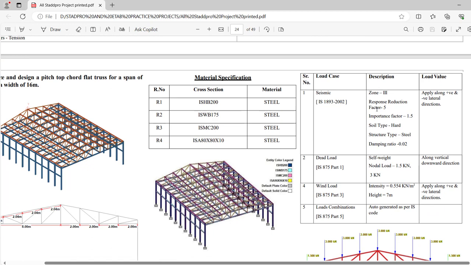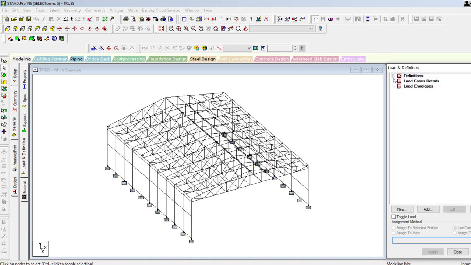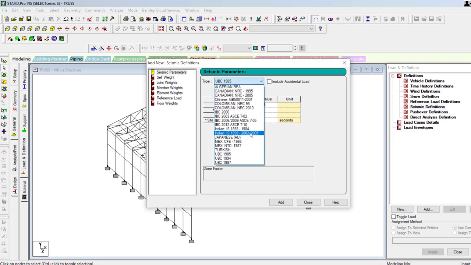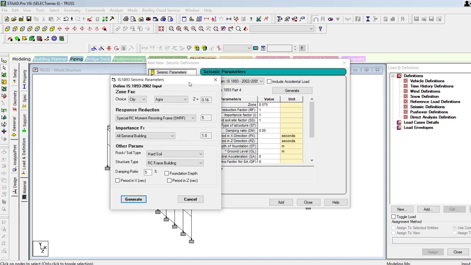Before going to apply any other load, we have to apply the seismic factors for the truss. For that, load and definition, seismic, add, and then here you have to select the Indian code and then click on the generate option, and the zone we have is 3.